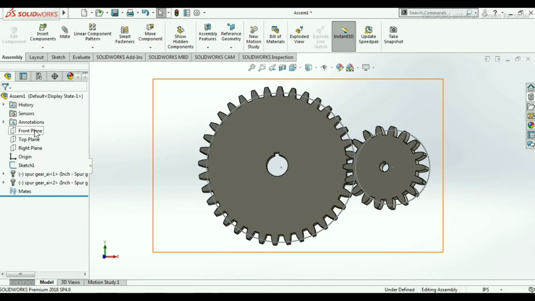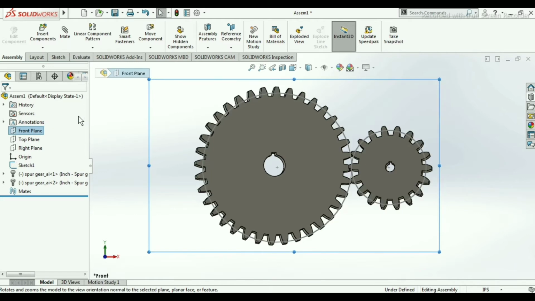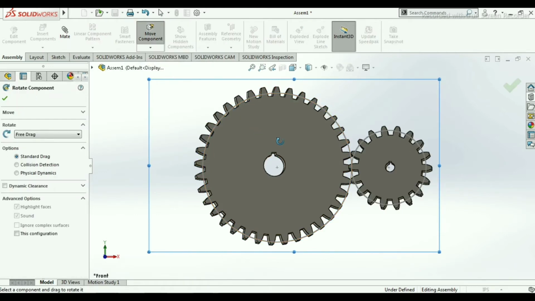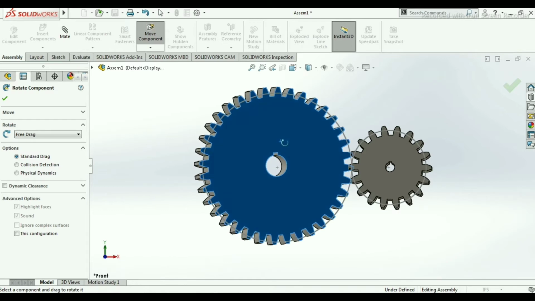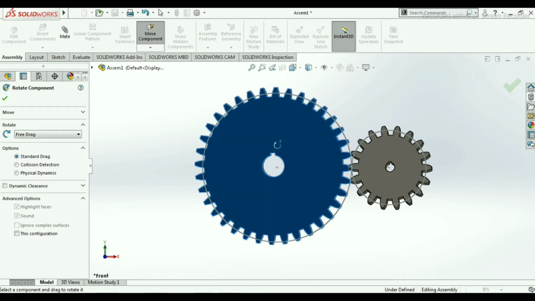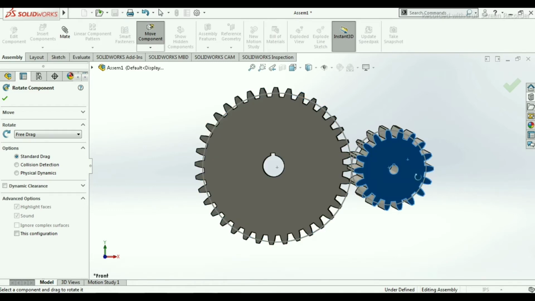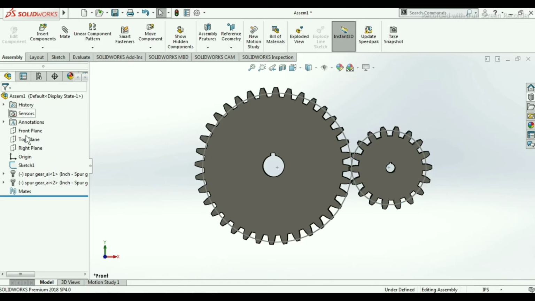So I am just arranging this. So by clicking on the left button on the mouse, you can rotate this component and you can fix this, and then click on OK.